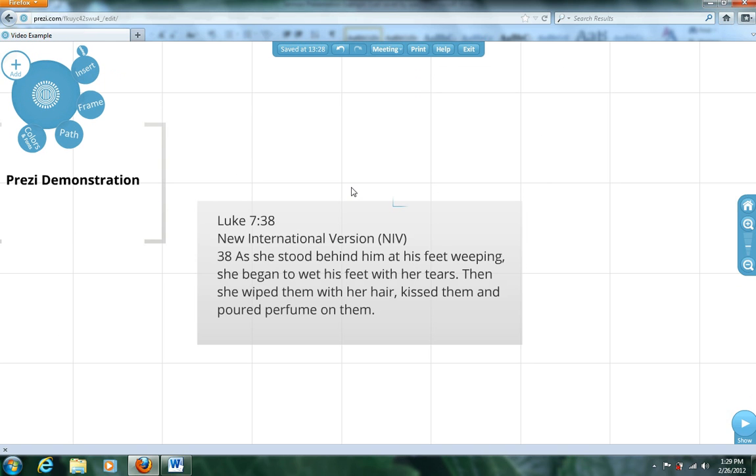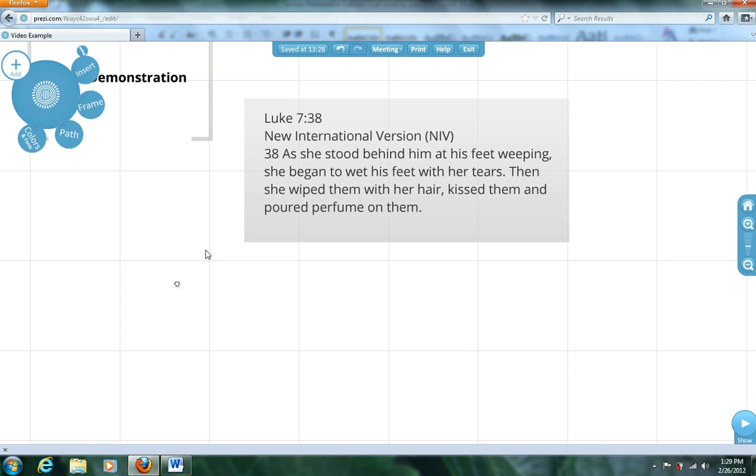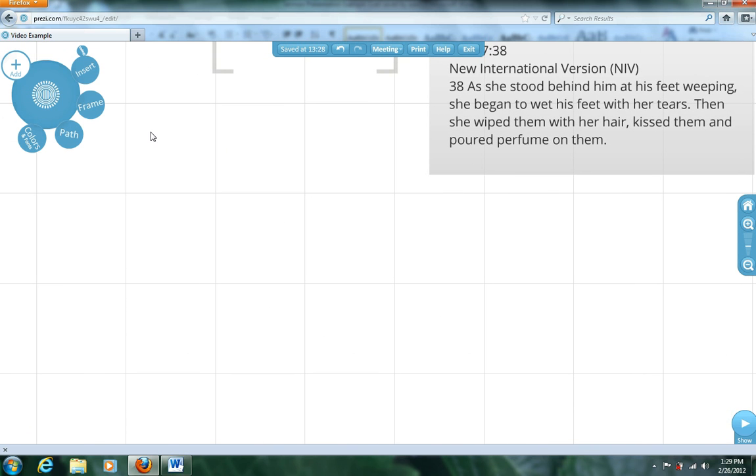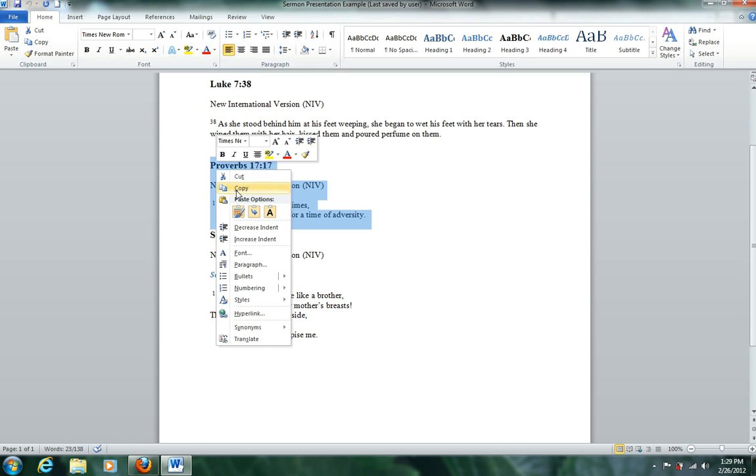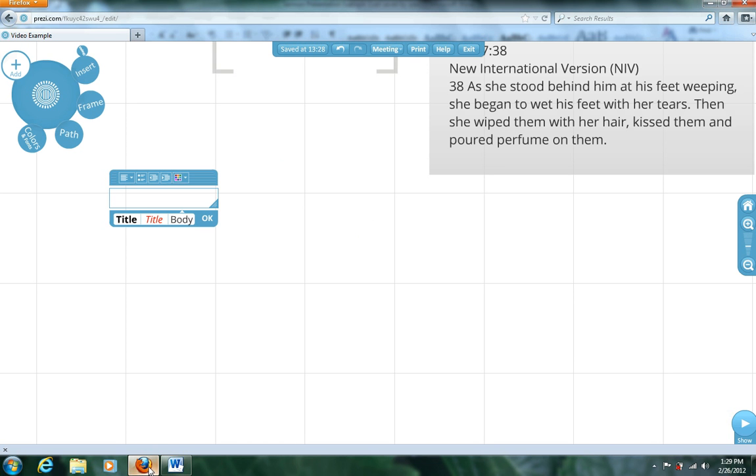Okay, that's up to you. Let's say that we want to add another slide, so we're going to double click anywhere that you want it to be, and you'll have a text box appear. Go grab another verse that we would like to use, copy, and then you can paste it into the box by simply right clicking paste,